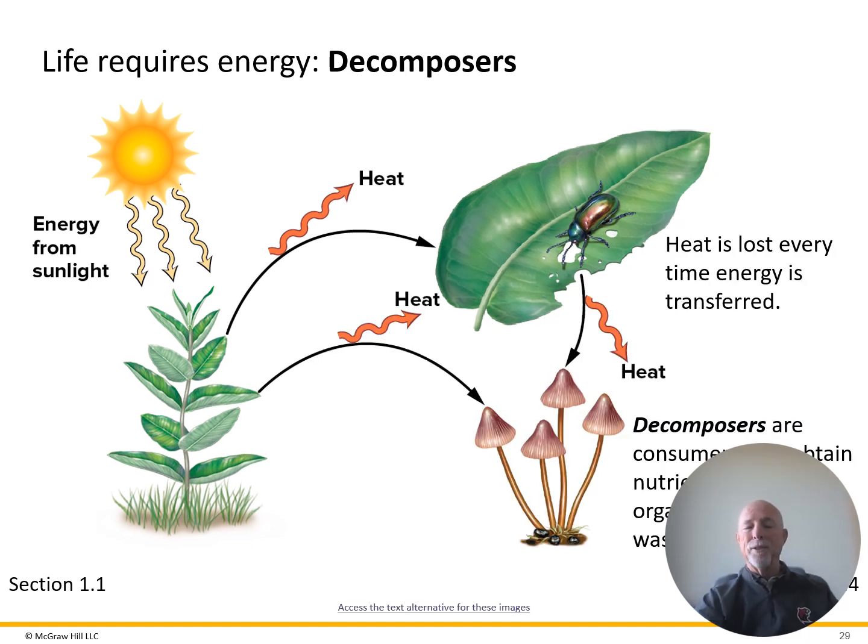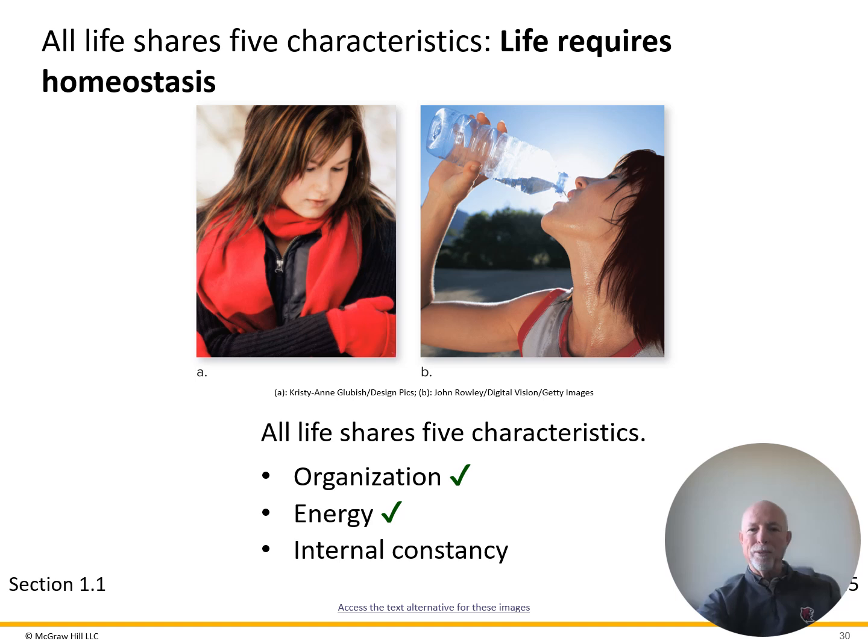And so life is made up of producers, consumers, and then there are decomposers on the other end that decompose life. And usually fungi fall into this category. Bacteria fall into this category. Sometimes we underestimate the importance of decomposers in our systems, in our life systems. So producers, consumers, and then decomposers. And another characteristic here is, we've talked about organization, we've talked about energy. Here's another one. It's called internal consistency, what we call